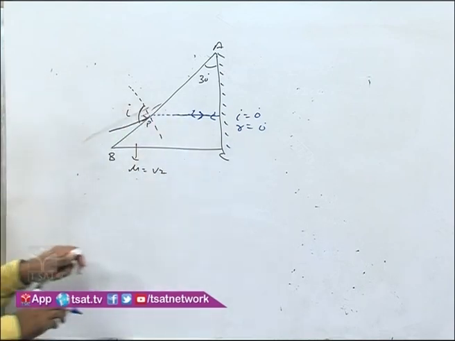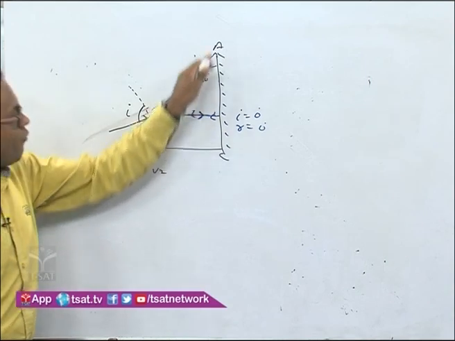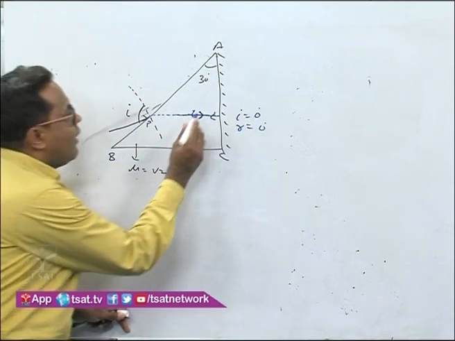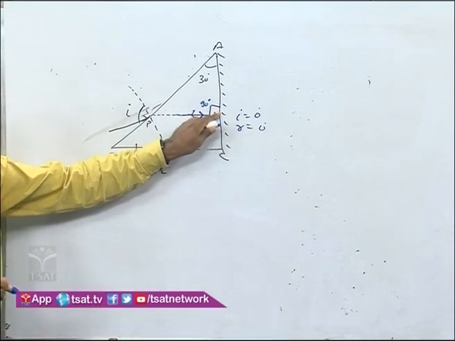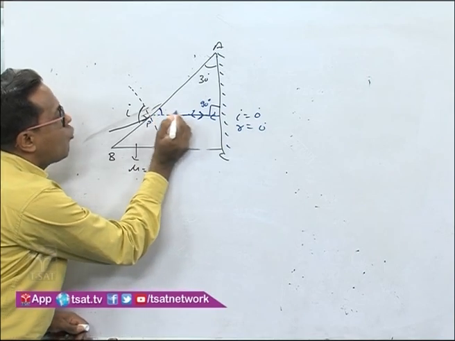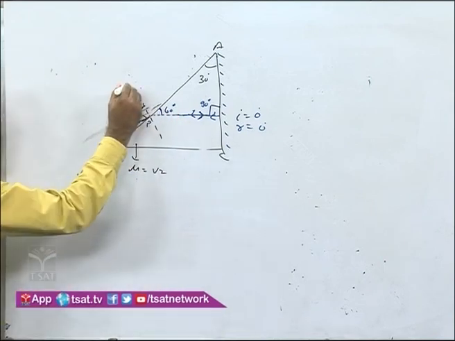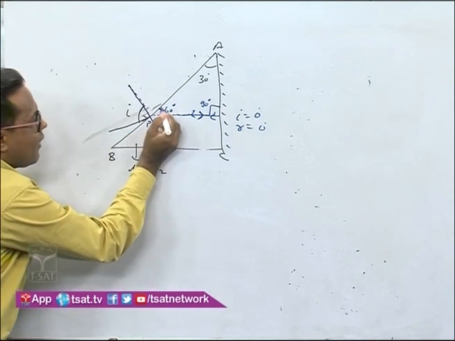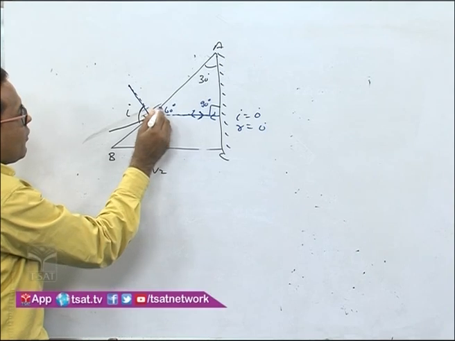So now it is clear that for normal incidence, for the ray of light to retrace from the silvered end AC, this angle is equal to 90 degree. Now if this angle is 90 degree and this angle is 30 degree, automatically this angle will come out to be 60 degree. Now this is again perpendicular and normal. So if this is 60 degree, then this comes out to be 60 degree.